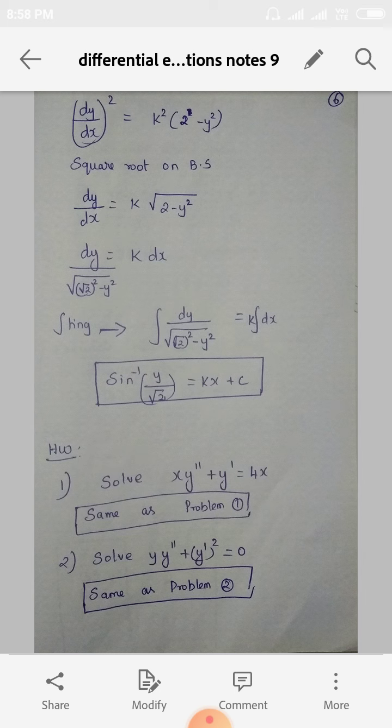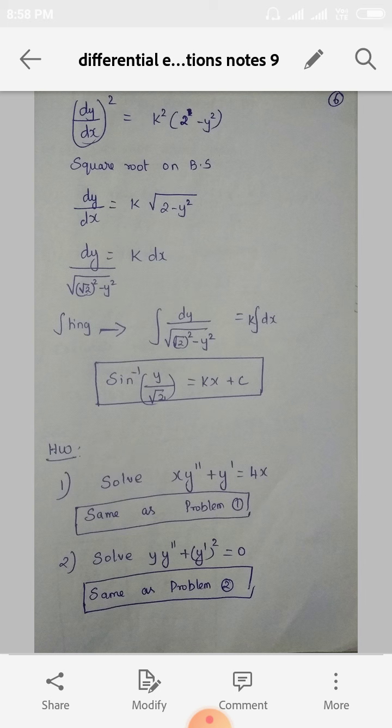The next step, just separate the variables: y terms, and k and x terms. For dy divided by root, see, the 2 inside the square root, the 2 alone can be written as root 2 to the whole square, right? Root 2 to the whole square is nothing but 2. So, dy divided by root of root 2 to the whole square minus y square is equal to k dx. Now, integrating, dy divided by root of root 2 to the whole square minus y square is equal to k into